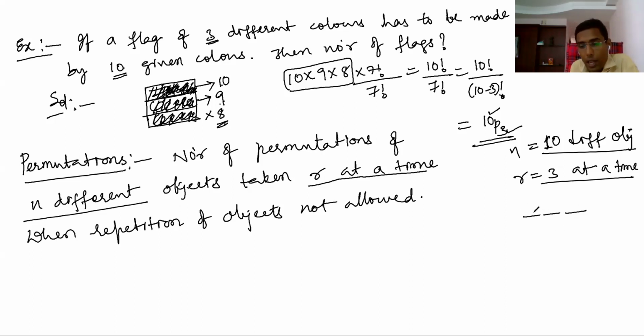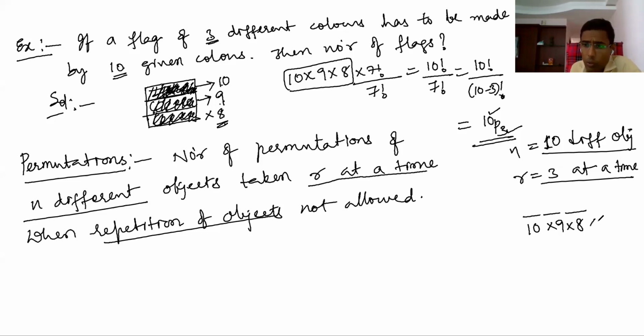So here, first blank, how many ways can you arrange? 10 ways. Second blank, how many ways? Obviously 9 ways, because repetition of objects is not allowed. One object you arranged here, that object is already used, so you cannot place the same object here. So here 10 ways, then the remaining 9 objects 9 ways, and then the remaining 8 objects 8 ways. Similarly here also.